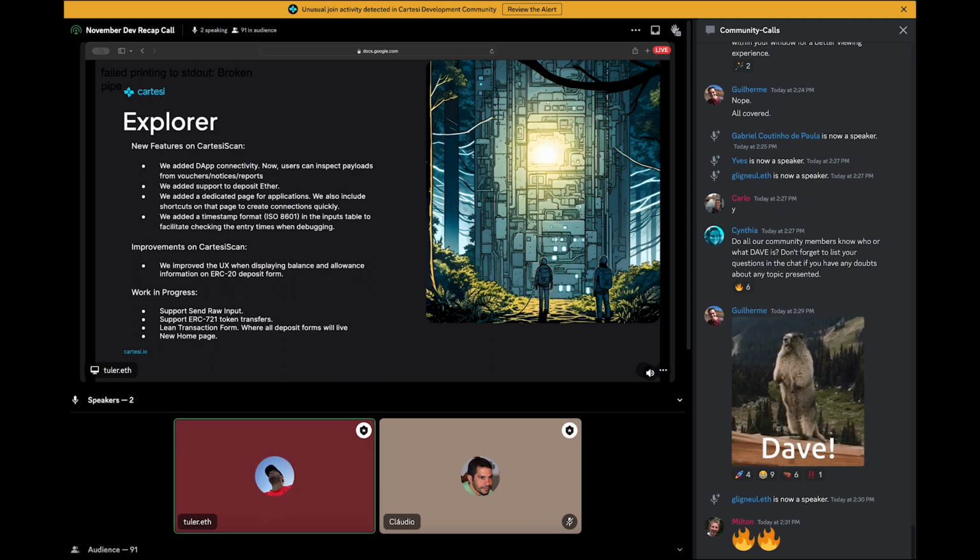And in terms of work in progress, we are developing a send raw input screen and also ERC 721 NFTs. And we are taking this opportunity to also unify these deposit forms and transaction forms into a single user experience. So there are a lot of screens, so we are kind of unifying them.